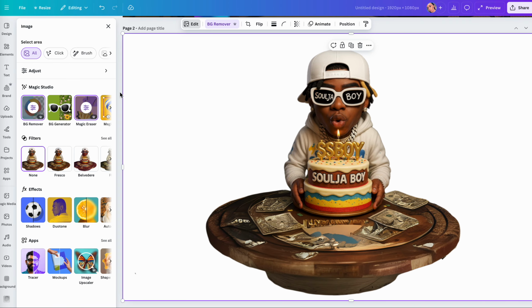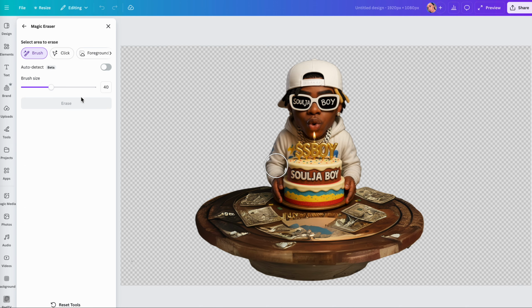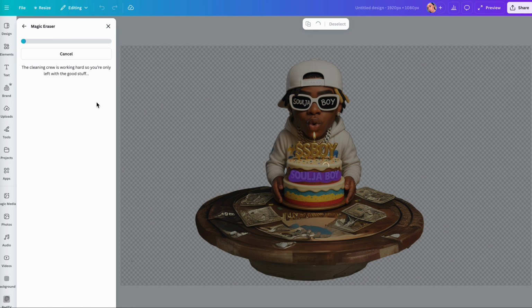So what I want to do is remove some things that would suggest that this is actually Soldier Boy and not just the S-Boy meme character, which all the tokens want to encourage us to promote. All right, so we're going to go back here, and we're going to reduce the size of this brush because I need to erase the word Soldier Boy. I can keep S-Boy, but I'm going to need to erase that. So I'm going to take this tool in Canva. I'm going to go ahead and erase it. Let's see if that works.